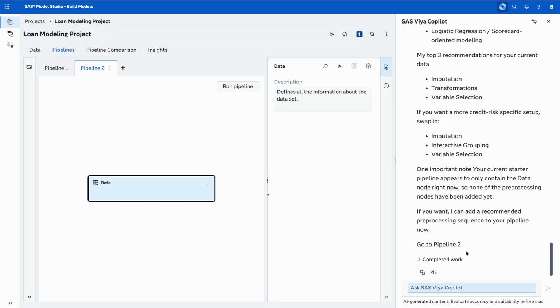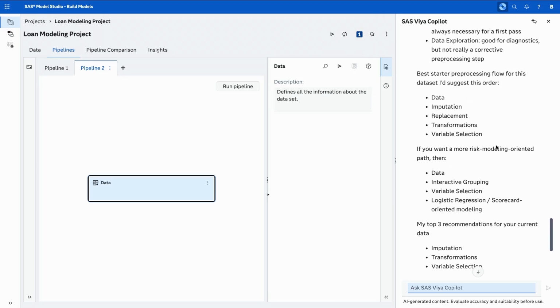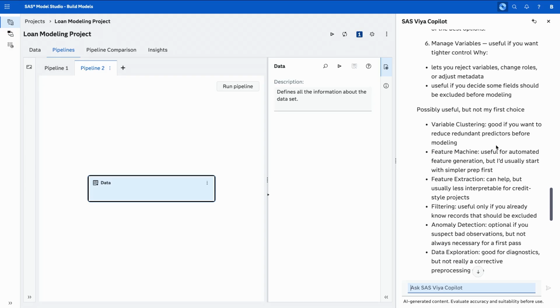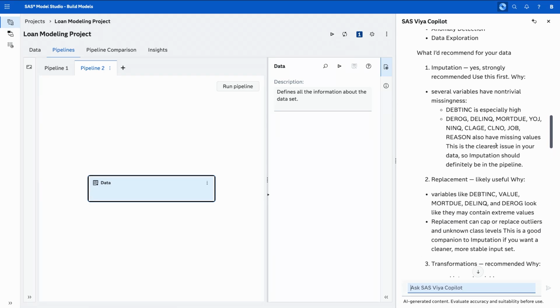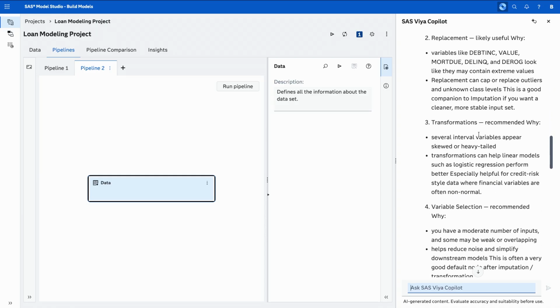We still see that same workflow that we had before. And we can see that it's come back with quite a lot of information about what I could or what I should use based on what my variables and my data look like. So we can see all the way up here at the top, it thinks I should definitely have imputation. It thinks that these are some of the variables that I might be interested in knowing that there are a large number of missing values in there. We also have recommendations for replacement, for transformations, all sorts of great recommendations. Again, based on what my data actually shows, Copilot was able to figure out, well, these are the ideas, this is what maybe you should look at.